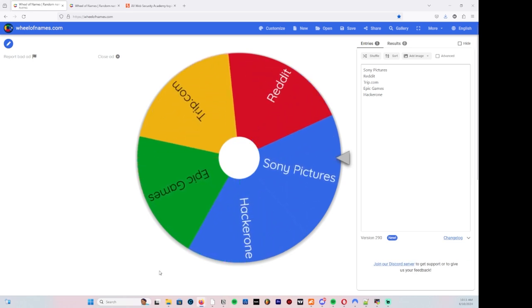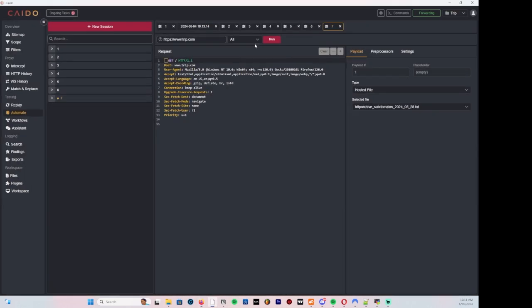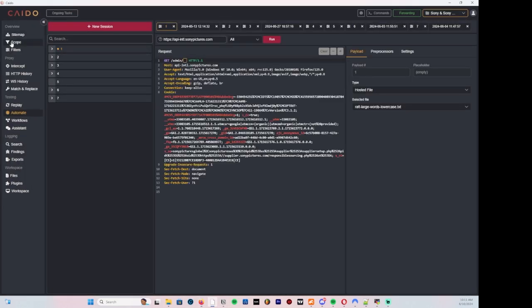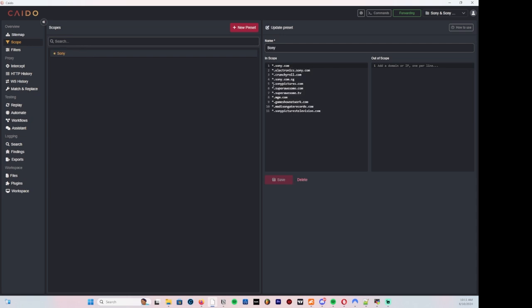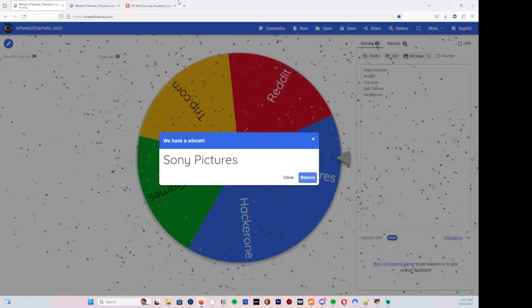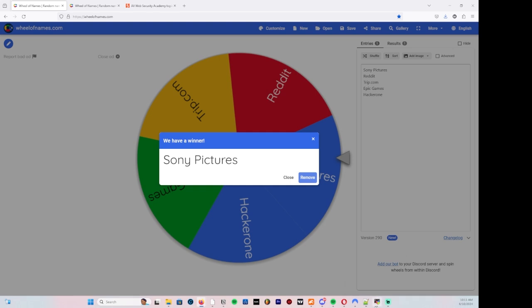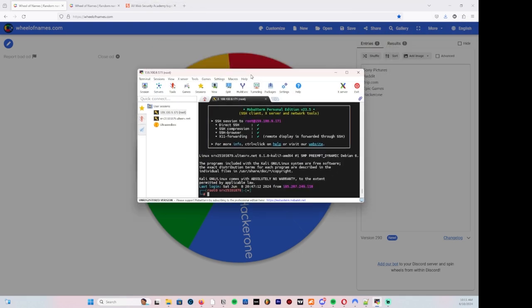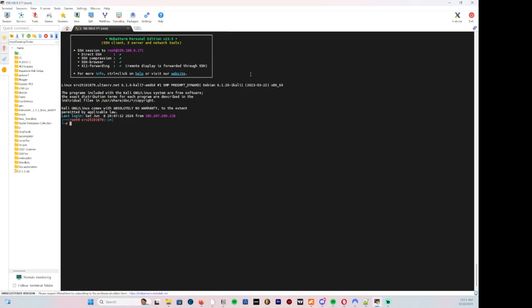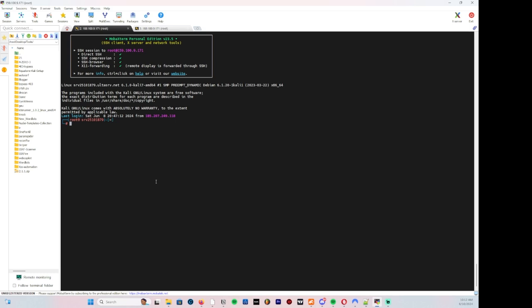Alright, Sony Pictures. Okay, so let's go ahead and get a skip set. And let's start digging on what's on Sony Pictures here. Let's go ahead and bring up our VPS here, and let's do something a little bit different. So let's do two things. Let's go ahead and duplicate this tab here. What we're going to do is